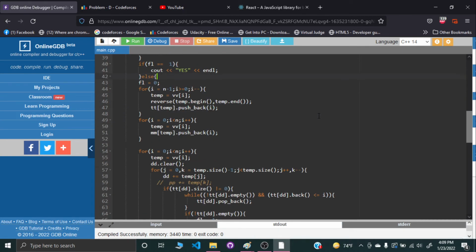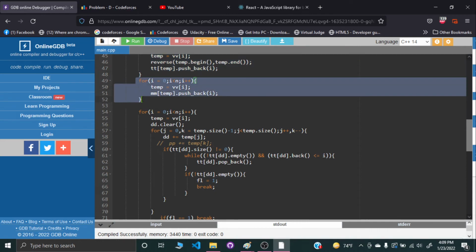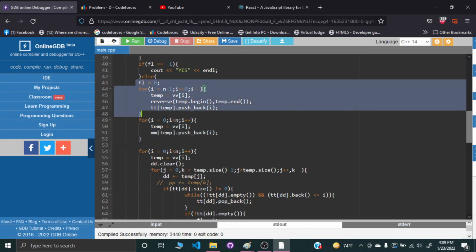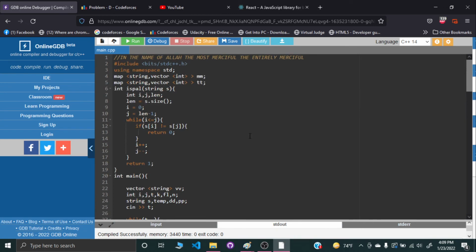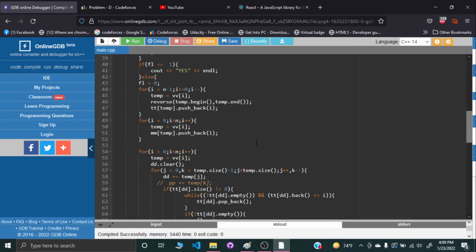And apart from that, there were the second and third cases that we were doing. This was the second one and this was the third one. Remember, we took two maps for the second and third cases. Each map consists of strings and vectors. Vectors are needed because of the subsequence, and the string is to map the string with the particular vector.